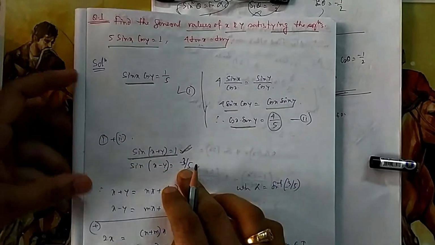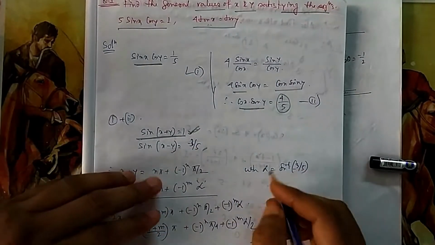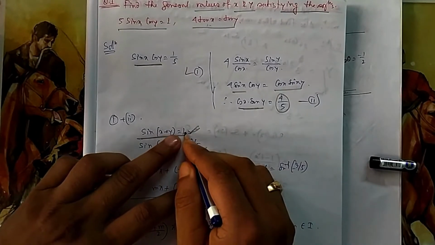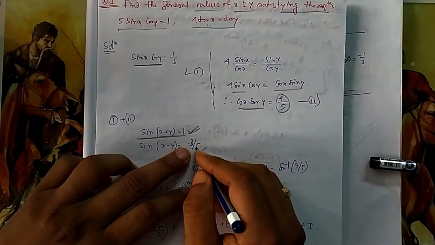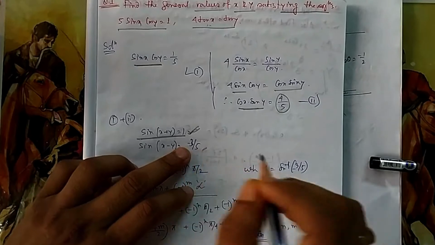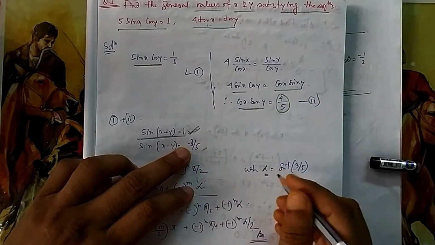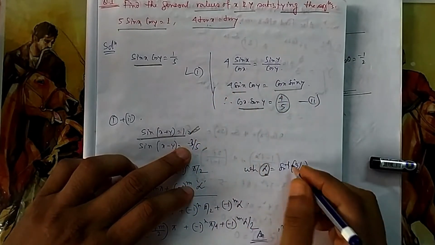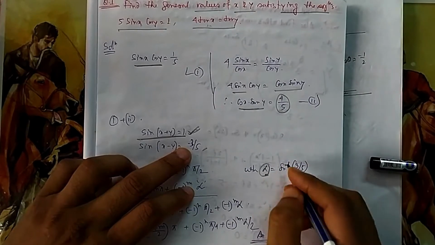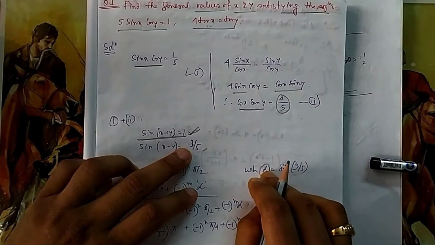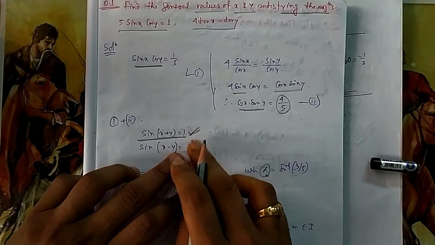Inverse means, let me calculate this angle as alpha. I don't know, suppose 1 I know, pi by 2. So for what value of sin is it 3 by 5? I don't know because it is not a standard angle. Let me assume that angle is alpha. For now you think that way, you don't get confused with that inverse. Forget it. You think alpha is an angle for which the value of sin is minus 3 by 5.